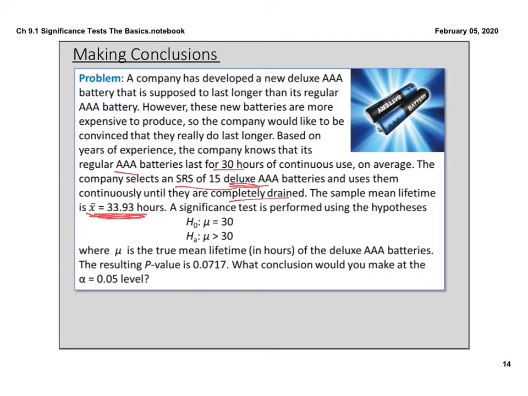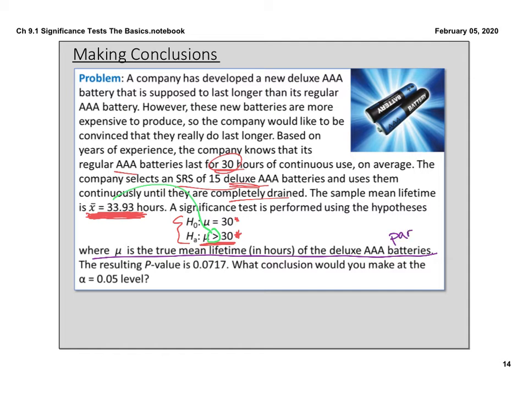A significance test is performed using the hypothesis. So we want to test against the original data. Our null hypothesis is that mu is equal to 30. Our alternative is that mu is greater than 30, and we get this alternative from the sample mean. We're never going to change this value, okay? That value is going to be the same as the null hypothesis value. But the fact that our sample mean was greater is what decides our inequality symbol. So our sample mean was greater, so now I'm going to say my alternative is that the mean is greater than the null. Then notice